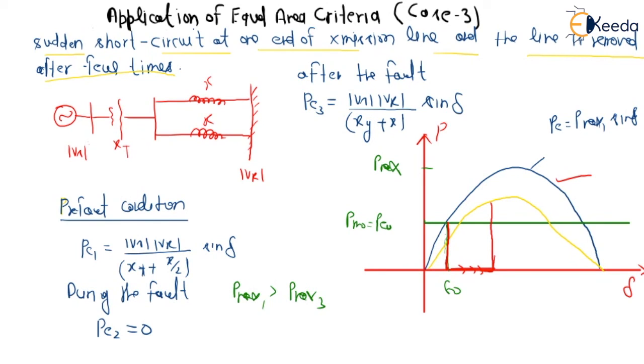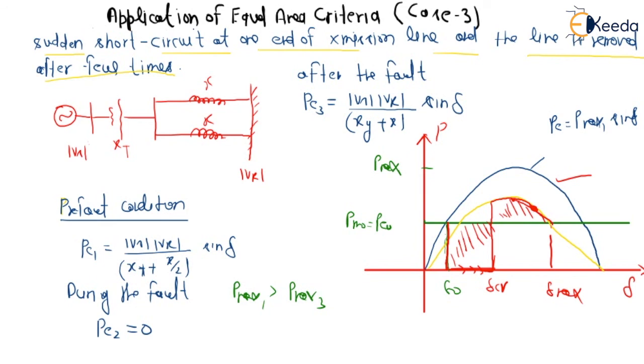So this will be like this, I'm drawing. The delta max value will be here, and in a critical condition it is not necessary that it goes to delta max. It can come to here, it can come to here, but I am taking the critical case. Let us assume we have been asked the critical angle or delta max case. If this is delta CR, delta max, now we can calculate the value of delta CR with the help of the formula by equal area criteria.